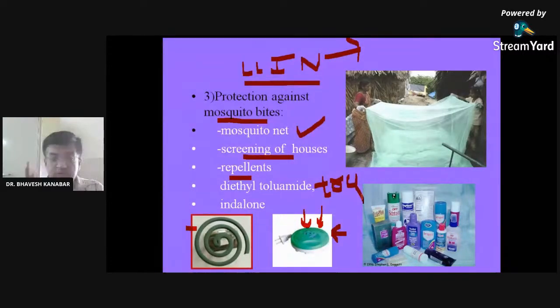So three chemicals, or more than that, you need to remember. I have told you that in case of the indoor residual spray, alpha cypermethrin is used. In treating the mosquito net, deltamethrin is used. In this All Out or Mortein, such type of mosquito repellent, this transfluthrin is used. If you do not remember the name, you can repeatedly play this video so that you can remember that. In case of the space spray, the pyrethrum extract is used. Already I have told you that IRS, alpha cypermethrin. Right?